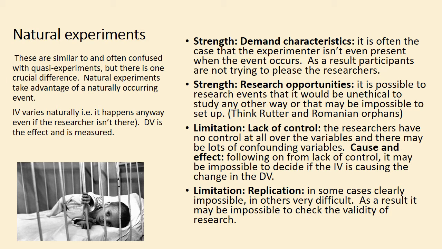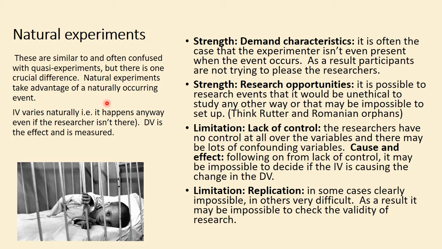The third type of experiment, and this is quite often confused, is the natural experiment. Now, in a natural experiment, the experimenter does not manipulate the IV directly. The IV is changing anyway. It's a naturally occurring independent variable. It would still change even if the experimenter wasn't there. In a natural experiment, basically the experimenter is just measuring a DV and waiting for the IV to change on